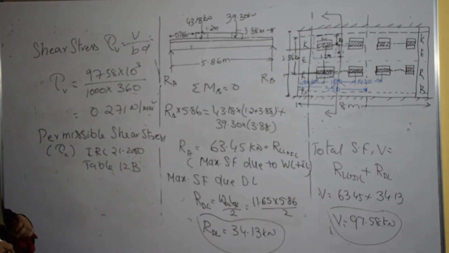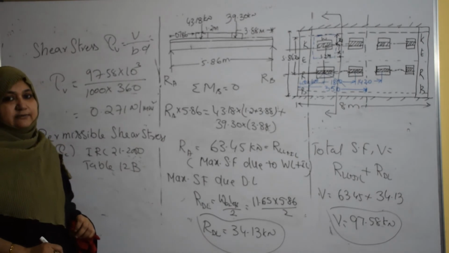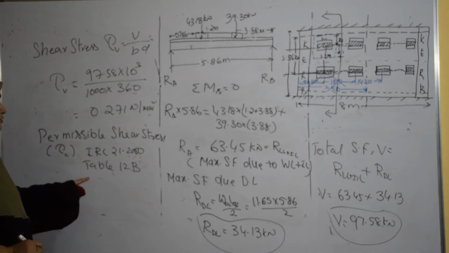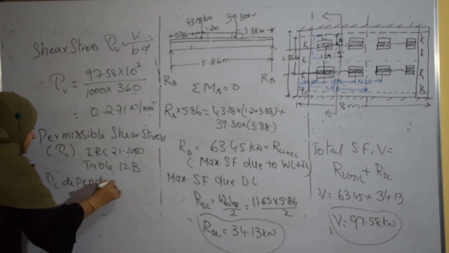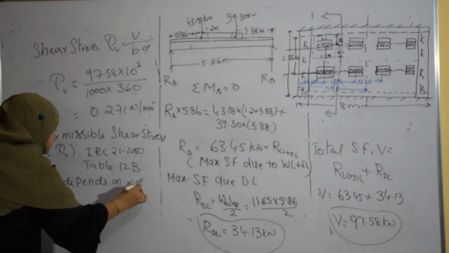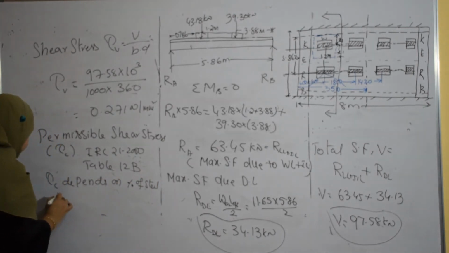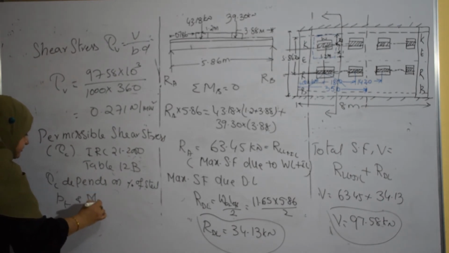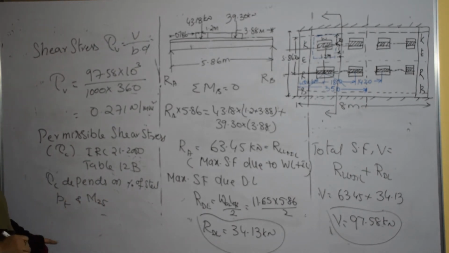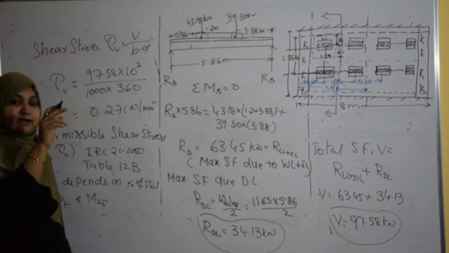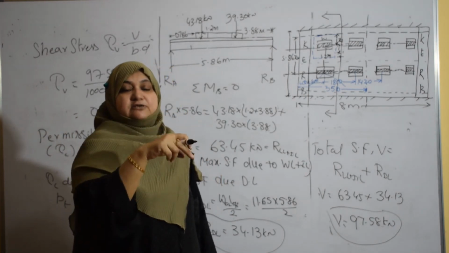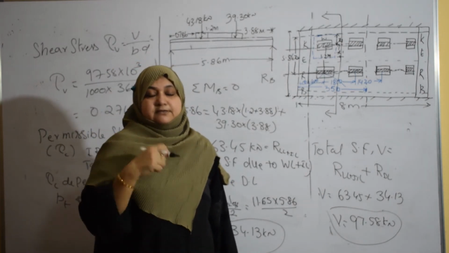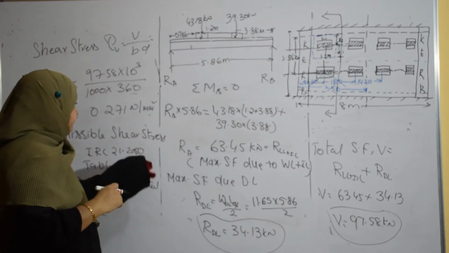It's similar to what we have seen in IS 456. Fine. So all of you have to refer to the 12B table. Tau C depends on the percentage of steel, PT, and grade of concrete. So we have to calculate the grade of concrete and the percentage of steel, and you have a table which will give you the value of permissible stresses based on the percentage of steel and the grade of concrete. Okay, so that we will do now.